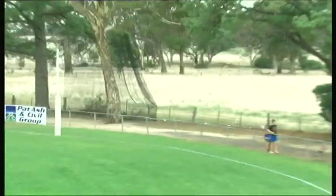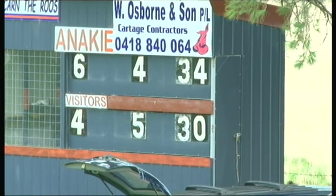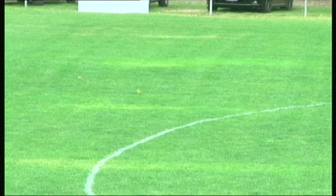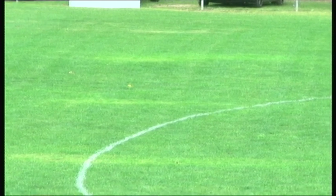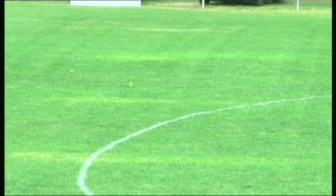So Anakie 4-5-29 at quarter time, Inverleigh 4-6-30. Point the difference. There's a bit of to-do out here at the minute. They're not happy. Goal kickers, while we have a look at the fracas. Yes, goal kickers for Anakie, Simon Gatt 1, Culliver 1, Rickett 1, and Ettridge 1. And for Inverleigh, I should say, Hutchison